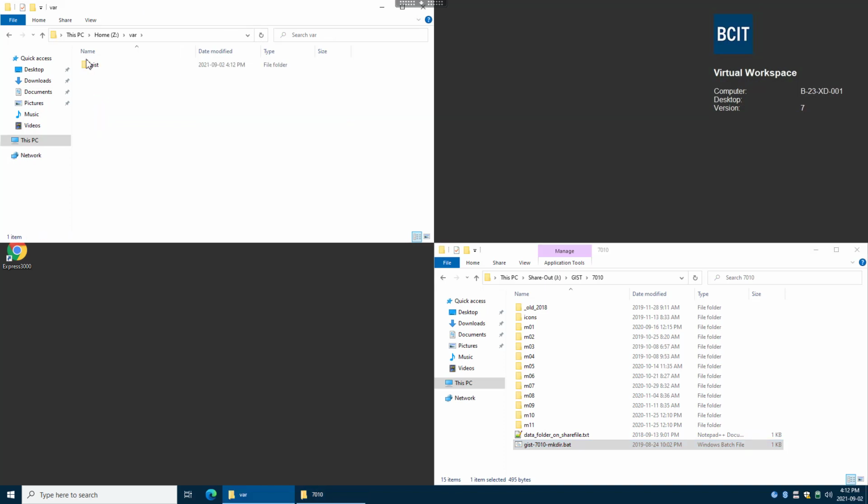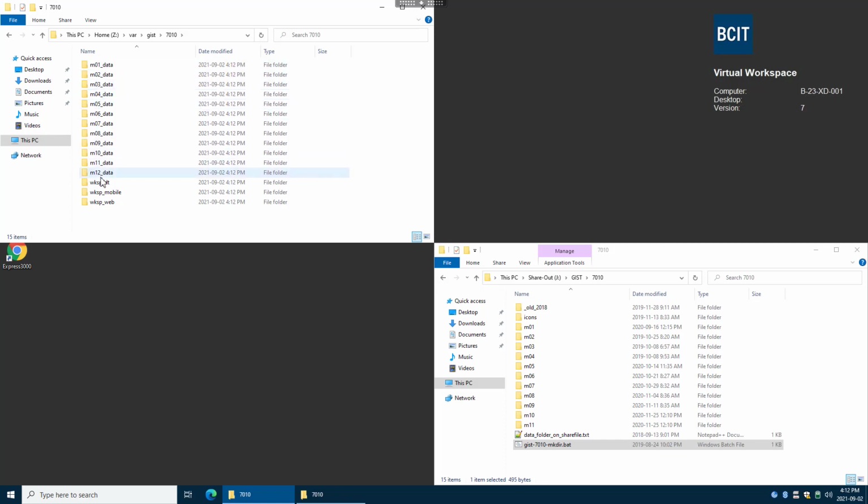And down in here, there's GST and then 7010. And it's created a bunch of module directories for me in different places for storing desktop apps versus web apps versus mobile apps. Now, all these directories are empty. They are just meant to put in place sort of a skeleton directory structure that is referenced in the lab